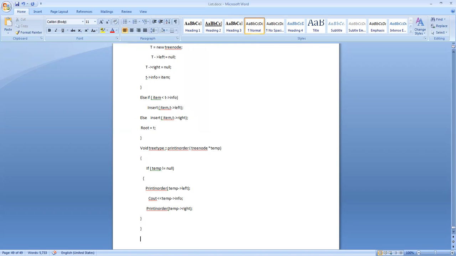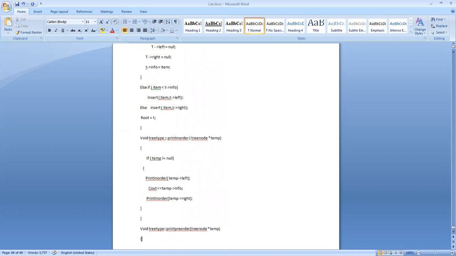Next, I will write the pre-order. It is also very simple. Void tree type print pre-order, tree node star temp.